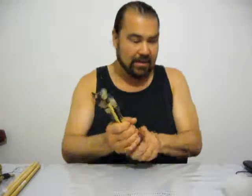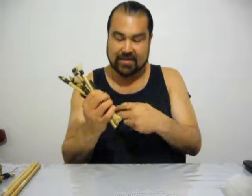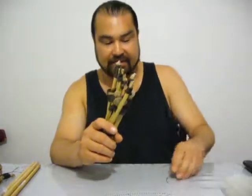But that's how you make tools out of pieces of sharp flint that you're not going to use for arrowheads, which you're going to get this stuff a lot more. Now, I'm not going to keep on making tools like this, but if you get the right pieces, you can actually make a knife or a saw, which is one thing. Those are two things that I'm going to be working on, is making my own knives and saws out of flint, because if you're out in the bush and you don't have one, it'd be good to know how to make one. Alright, that covers this video,